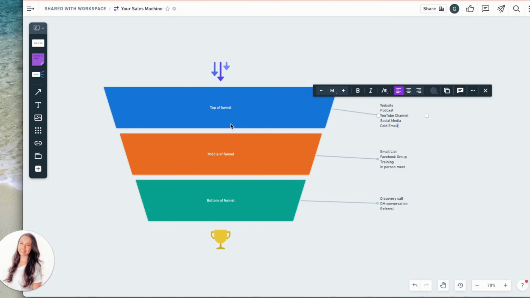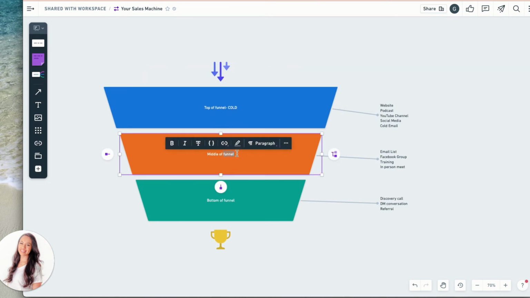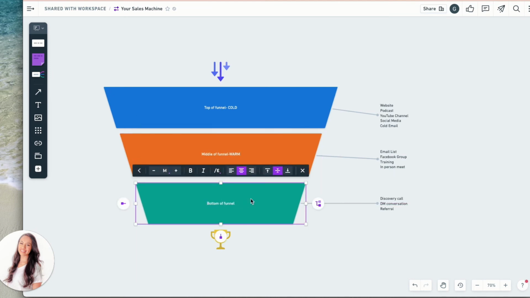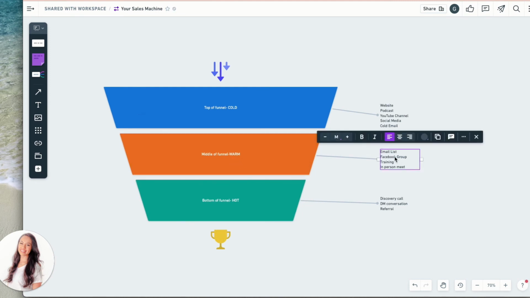After that, you want to funnel people who are more qualified into the middle of your funnel, which is them getting a little warmer, right? So here they are cold, here they are warm, and here they are hot. So in the middle, we want them to hopefully be on an email list, if you have one,